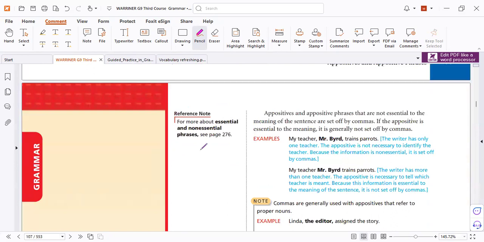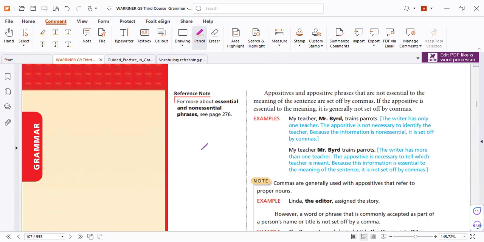So the last point, and then we'll finish. Sometimes when you read, you will find one with a comma and one without a comma. Is there any difference? Yes. Focus on it. If I use commas, it means I can delete it and it does not affect the meaning of the sentence. So commas mean not important, non-essential. I can delete it. But if there are no commas, you cannot delete it because it affects the meaning.